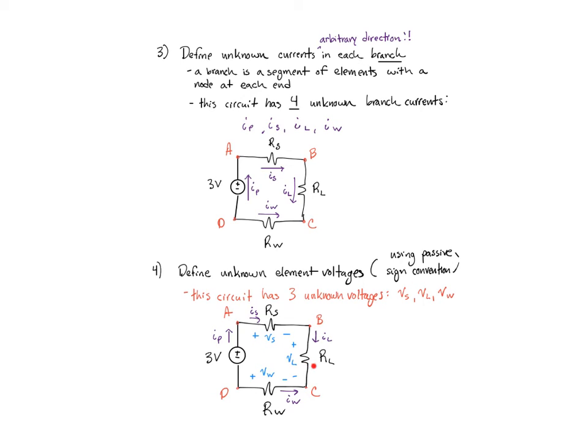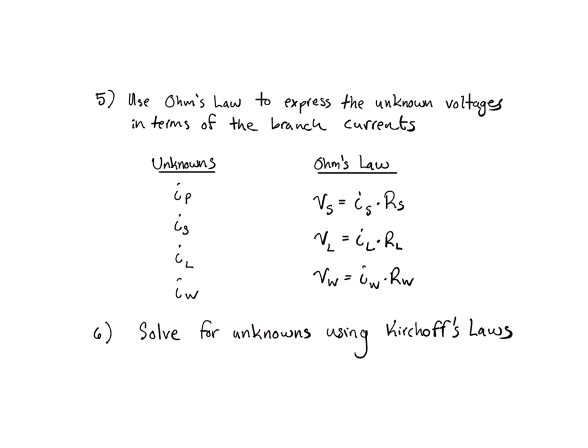Likewise, for the other resistors, so for resistor RL, for example, since I've drawn the current going down, I must assume that the positive polarity of voltage VL is on the top and the negative on the bottom, and then so forth for RW. Step 5, we're going to use Ohm's law,